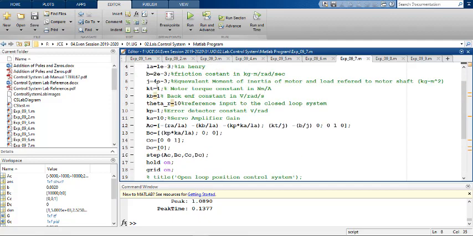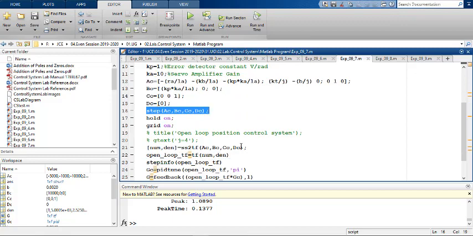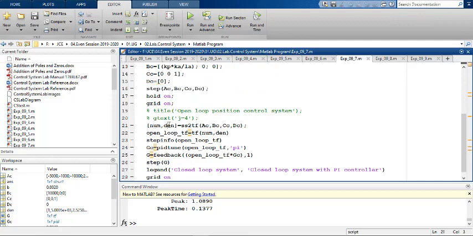First, the A, B, C, D matrices are determined just as before, and you make the step of these matrices for the closed loop system. AC, BC, CC and DC are for the closed loop system. Now you find the num and the den, and you find the open loop transfer function just like before. Now here we'll use this command called pidtune.